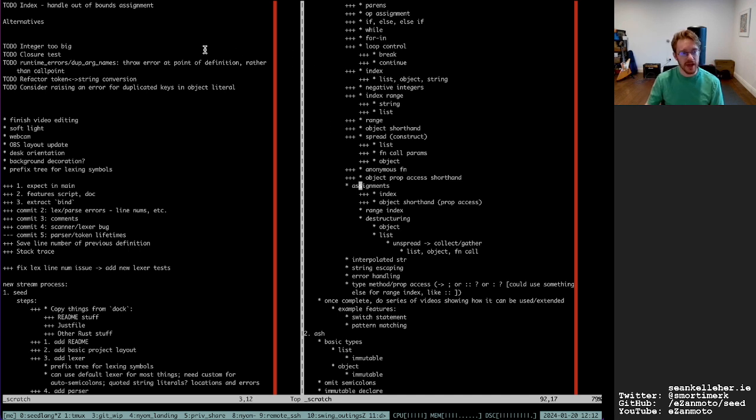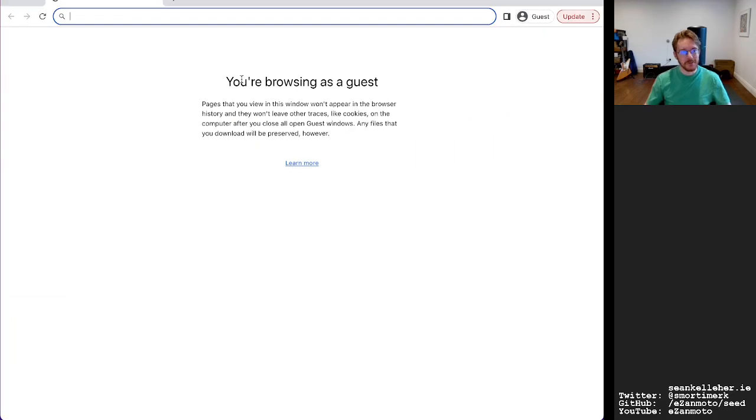Once I've done that, I've left a to-do item here for myself to handle out of bounds assignments when doing indexing assignments. And then I'll try and continue on with range indexing and maybe destructuring if I get to it today. Range indexing should hopefully be straightforward enough, but as always, we'll see when we get to it.